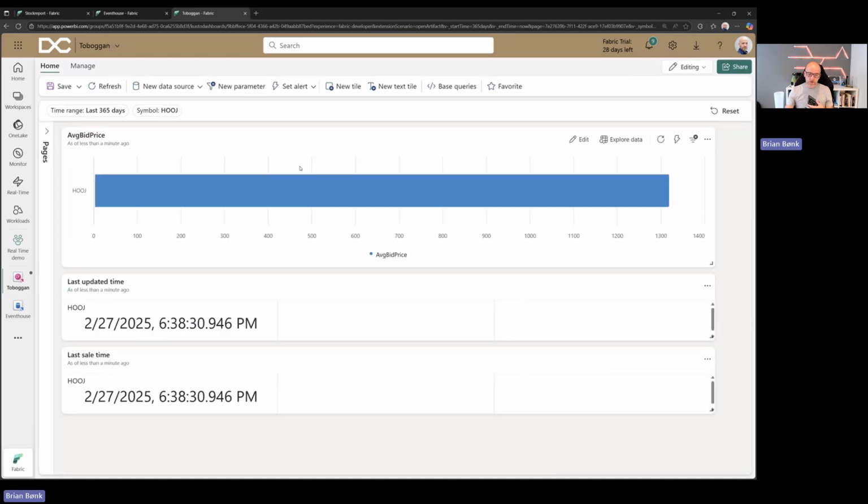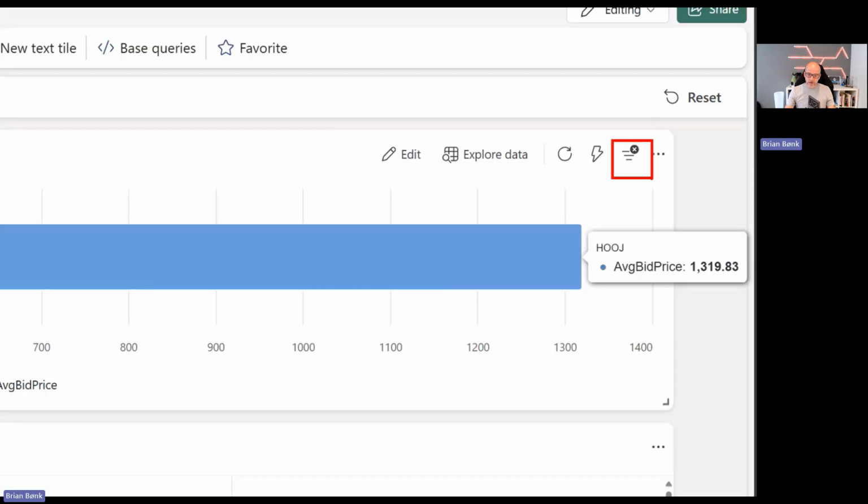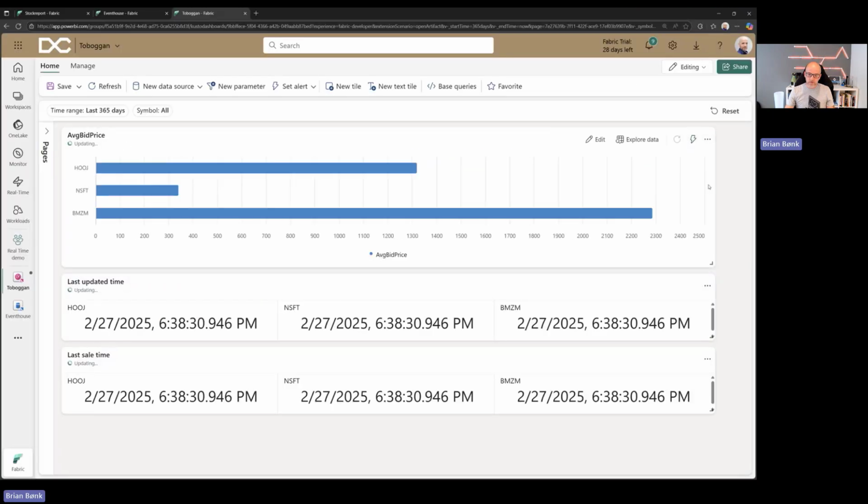So when I click this one, you will see that the other report tiles are also updated. If you want to remove this one, normally in Power BI, you just click this one again, but now I'm clicking like wild, and nothing happens. I need to actually click this tiny button for removing all the filters, and then I'm good to go again. Now I'm ready to share my report. I can save it, and then I can begin to